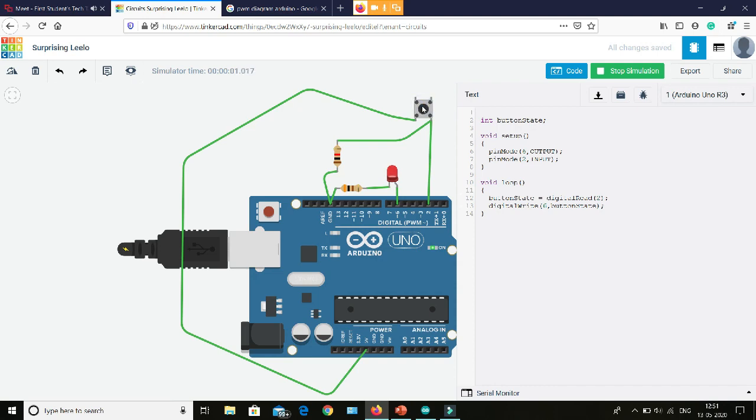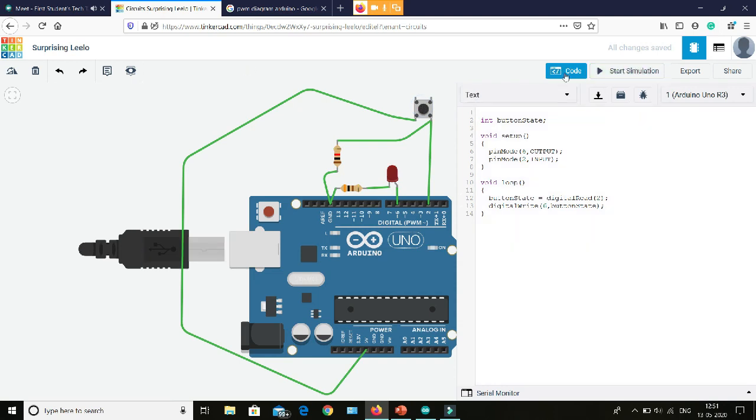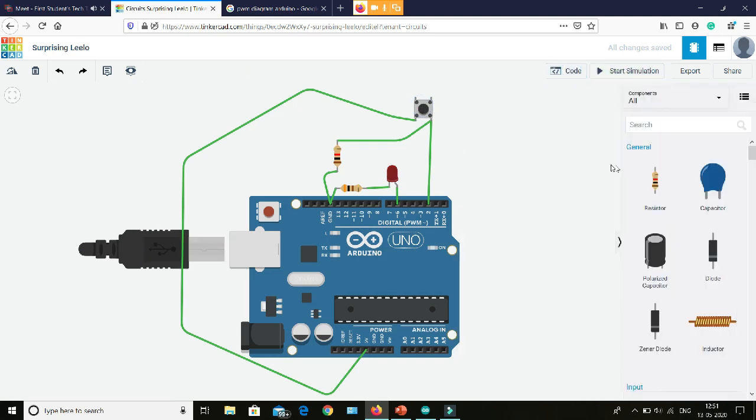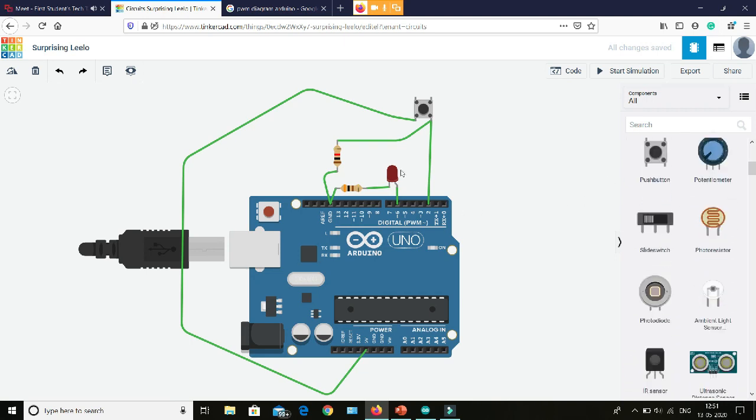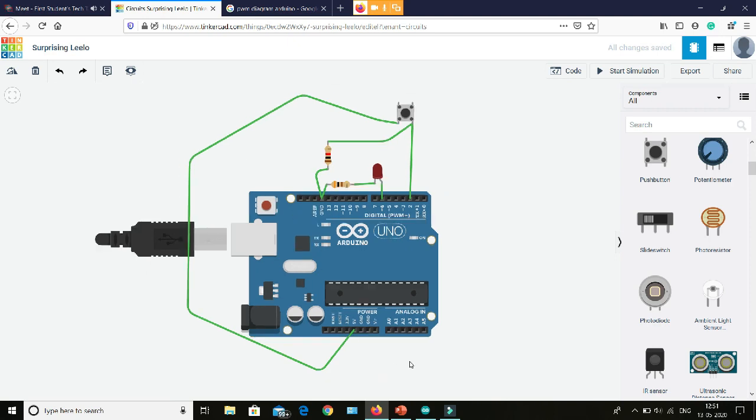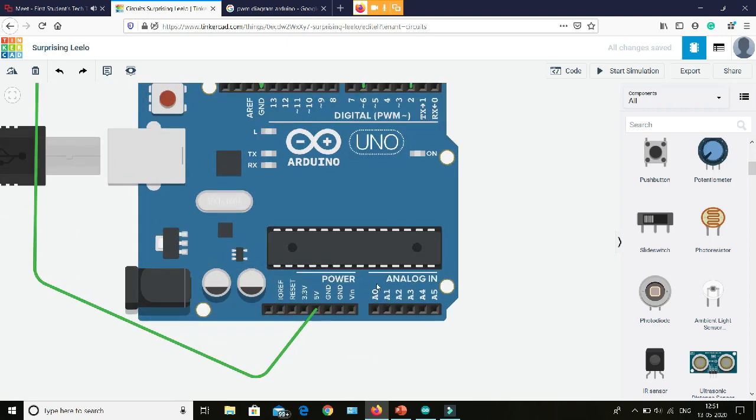Let us see something else now. We have seen how to take input from the digital pins and how to give output from the digital pins. We have also seen the PWM aspect of the digital pins. Now we will take a look at the analog pins. Here we have analog pins. These pins are basically input pins. They are not capable of giving output. These are only used to take input, and the input must be in the form of analog.